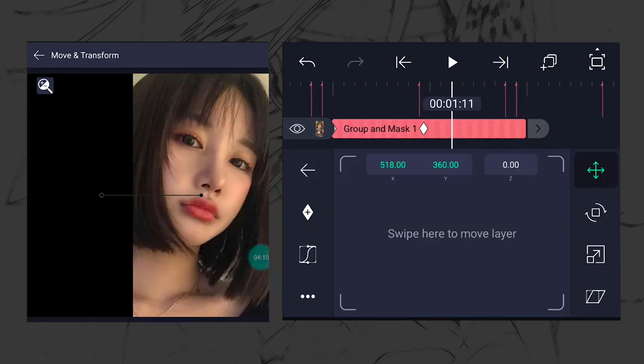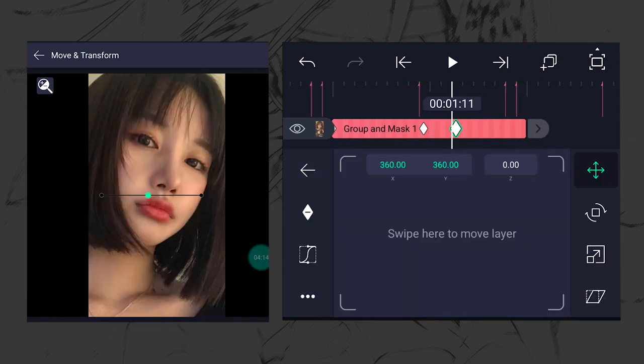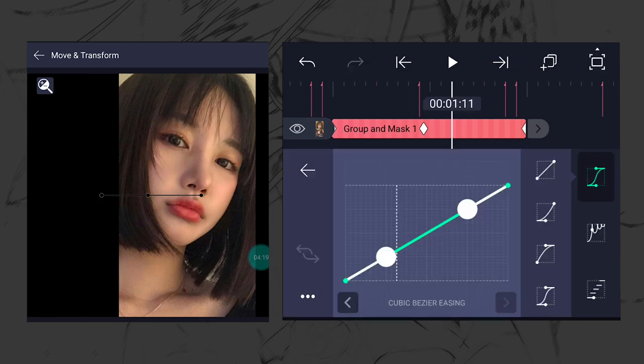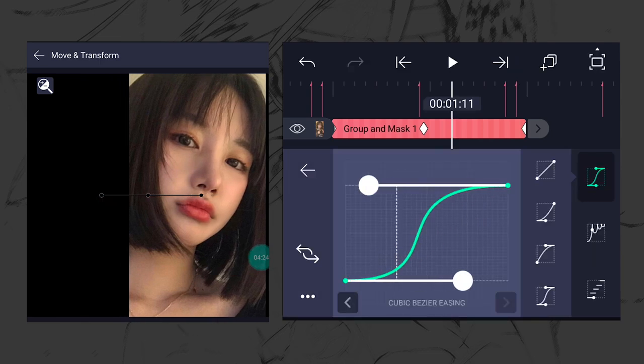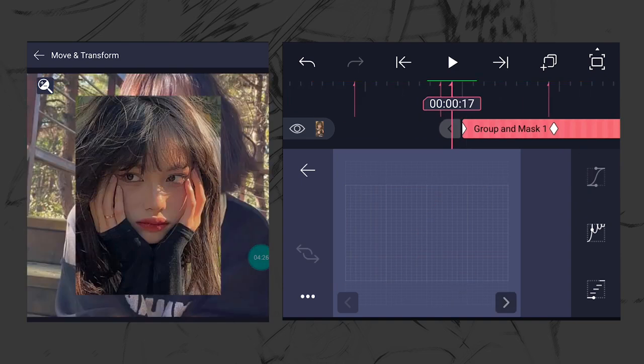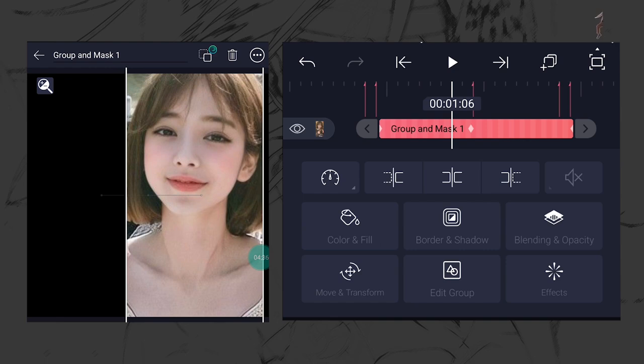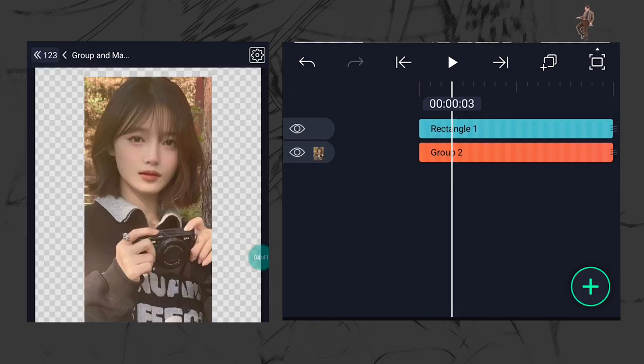Now in the last keyframe I'll move it to the center and keep this keyframe at the end, and here also we're going to add the same kind of graph. Now let's check how it looks. This looks pretty good. Now I'll go inside the group by clicking on edit group, and here we have to